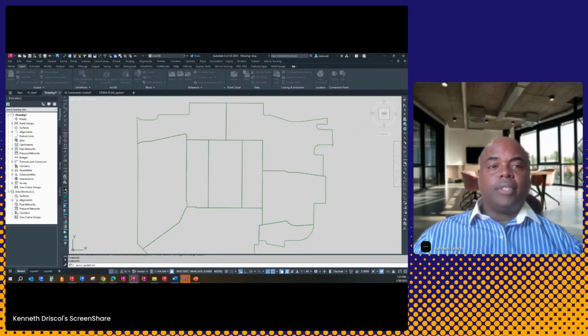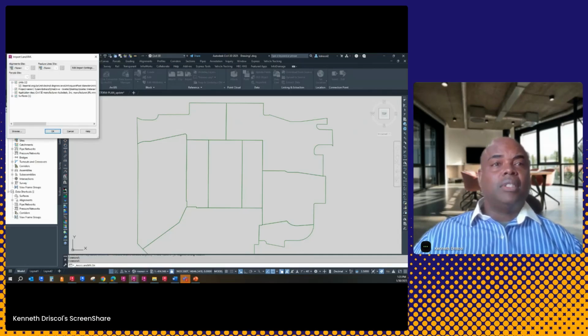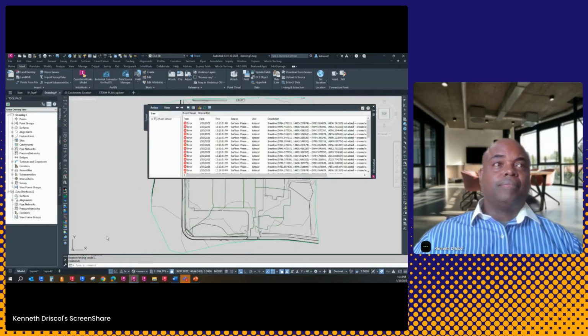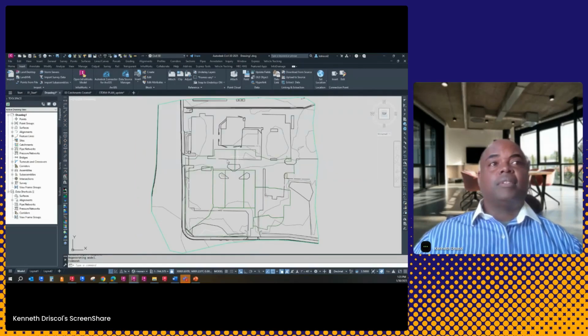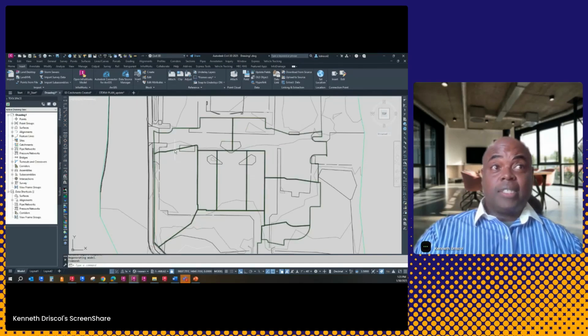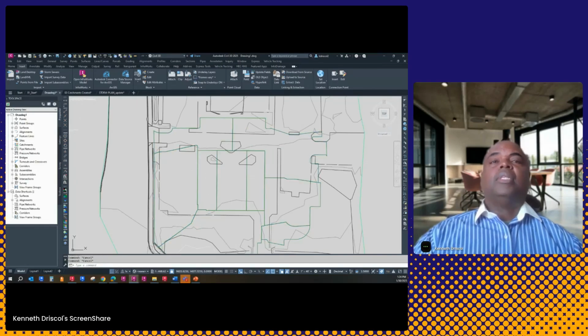And I'll just import a surface. It's an XML file. I import the surface, bring in the surface. It's brought in my surface. So now I have a surface. I got some catchment areas. I have